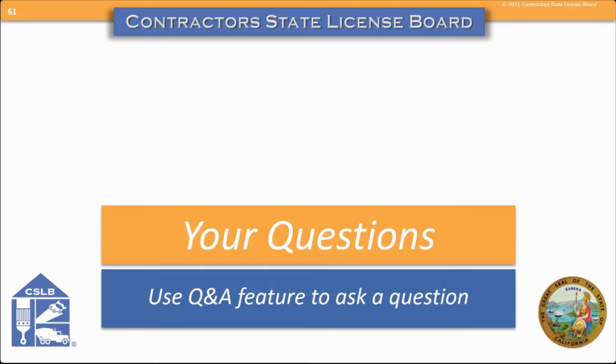qualifying for. If they are coming on as an RME, which is responsible managing employee, for an additional company, they would need to inactivate their sole ownership. They don't have to close it. They just have to inactivate it, because as an RME, they have to dedicate 32 hours to the company that they are being an RME for. So they can have their sole proprietorship and then also be an RMO in another entity with 20% ownership of the other entity that they are looking to qualify.